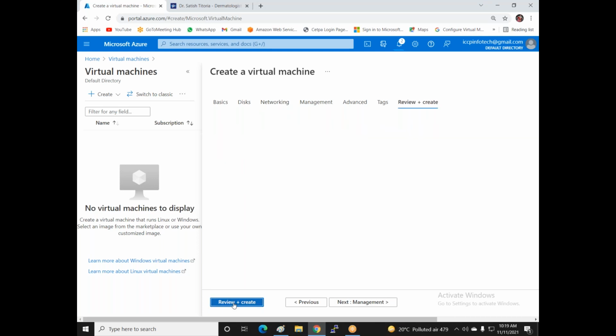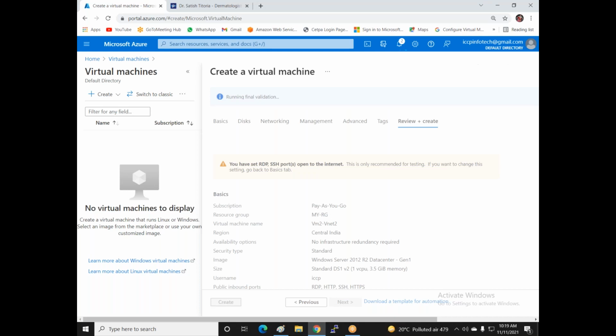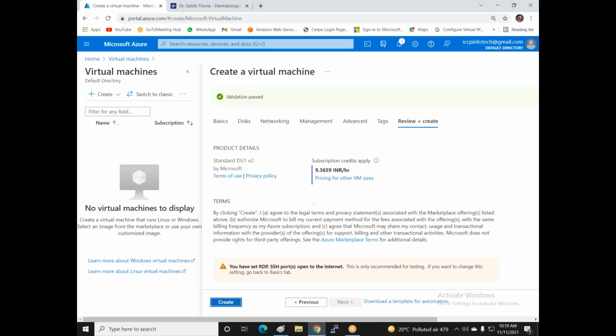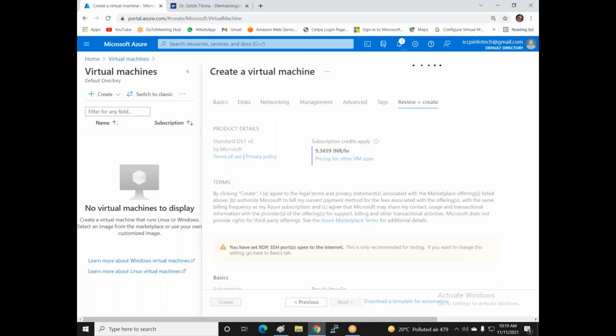Now review and create. If you select VM2 in another region, this subnet is not displayed or fetched, so your resources must work in the same region. That's why I'm creating a virtual machine in Central India, and I also created a VNet in Central India, and my VNG is also working in Central India. If your VNG or VM is available in East US and you create a VNet in Central India, they won't communicate with each other.